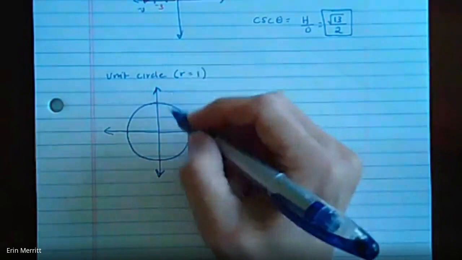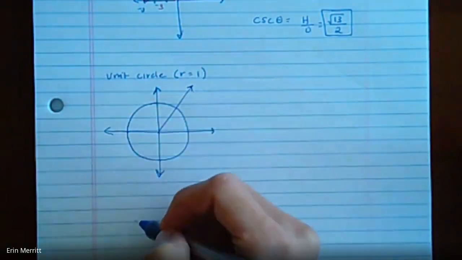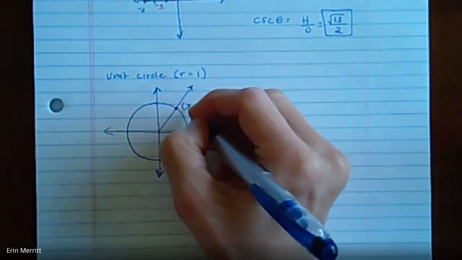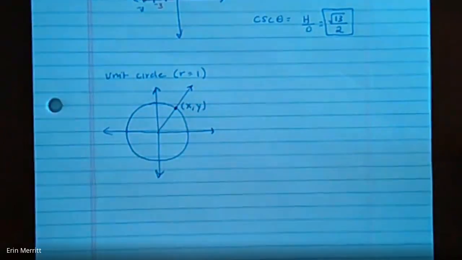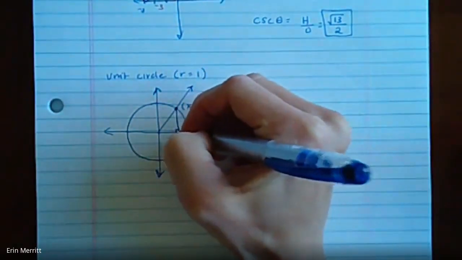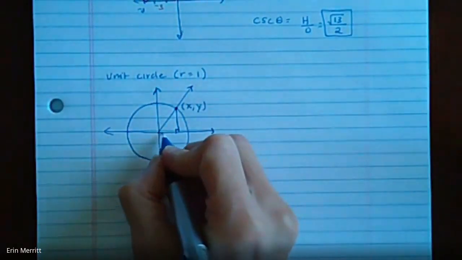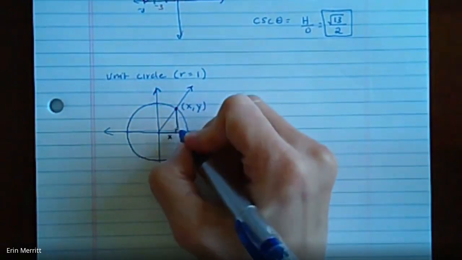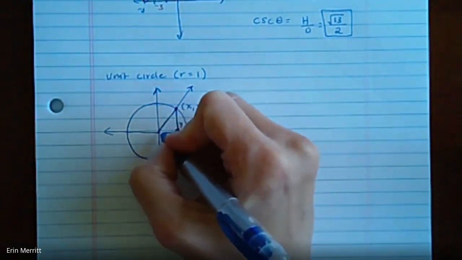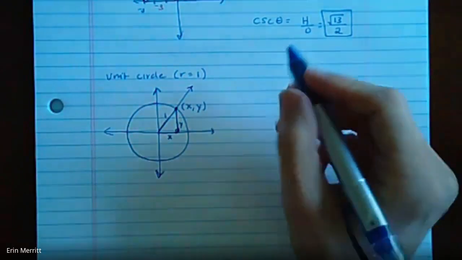All right. On the unit circle where the radius is equal to 1, if we draw an angle, let's say over here, in the first quadrant, where it hits, we're going to call that point just an XY point. So when we drop down the perpendicular, we went over a distance of X, we went up a distance of Y, the radius itself is just 1 right there. All right. Using this triangle,